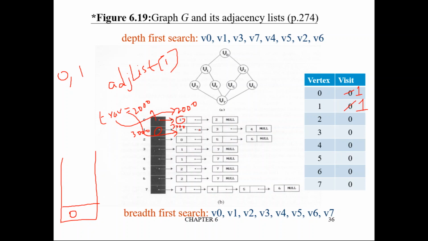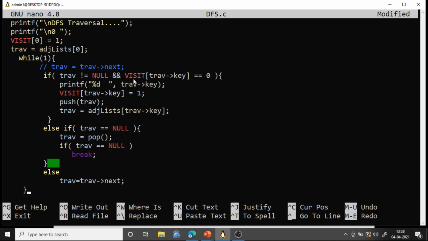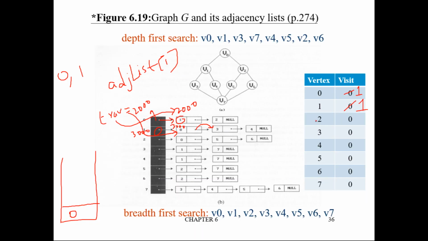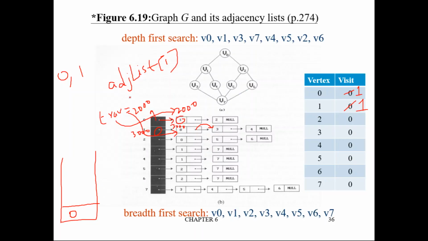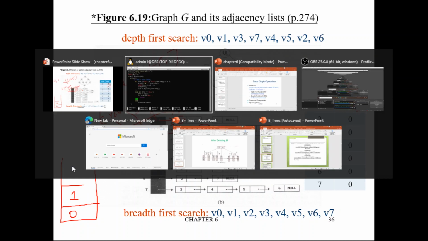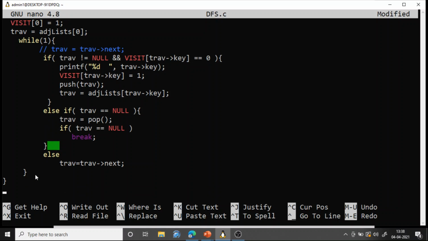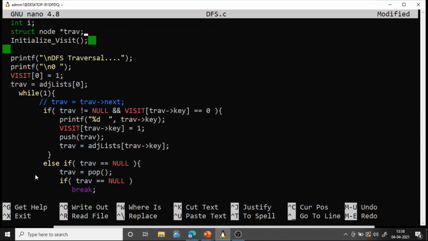Which means now it points to 3. After pointing to 3, again it will come back and check: is traverse not null? Is this visited? 3 is not visited because it is still 0. So visit that. Visit means display that, make it 1, and push the current traverse to stack. Current traverse is nothing but 1. Push 1 to stack and jump to 3, and so on and so forth. Whatever we have discussed previously, the same thing will happen. You can work this out and build on this stack. Are you getting? So this is what that particular function does.